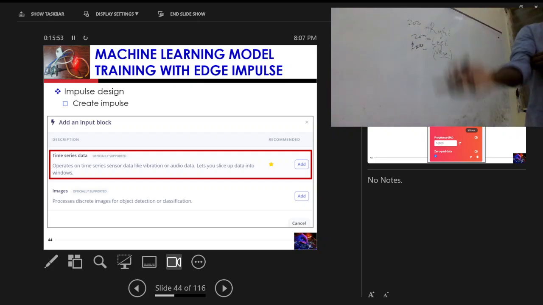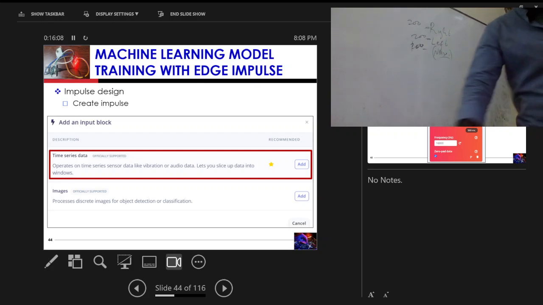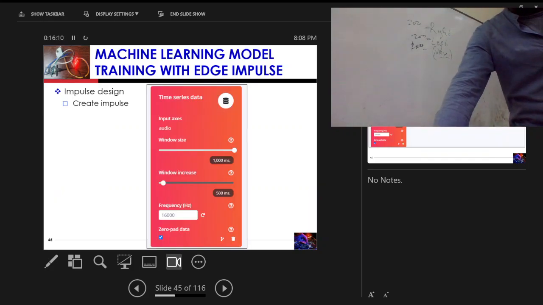Okay, so as I said, here you have to choose one of them, time series or images. So which one will you choose and why? Time series, because when I use audio,